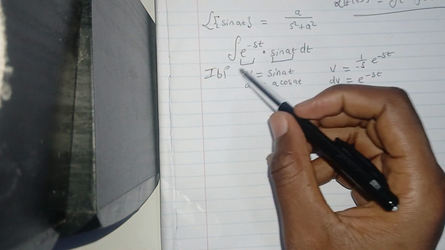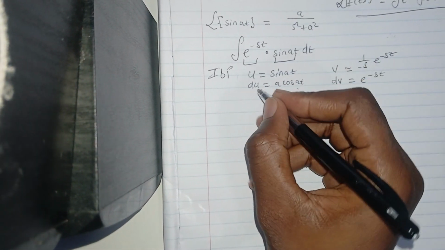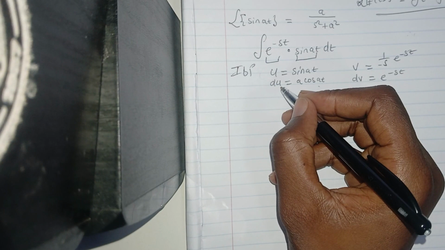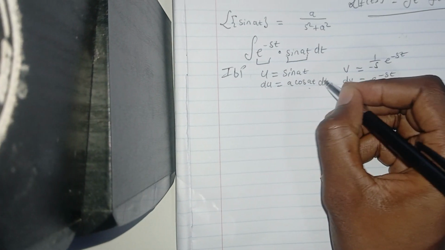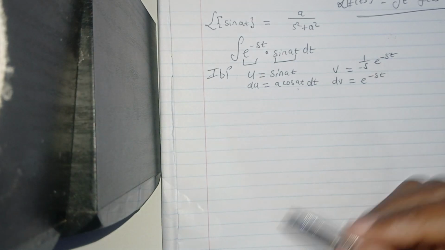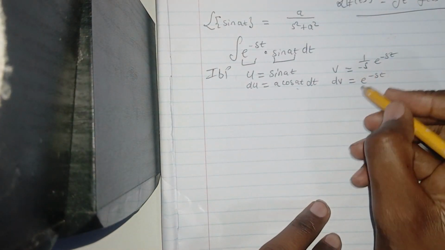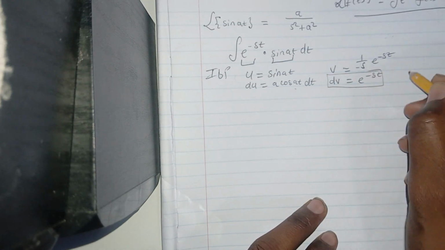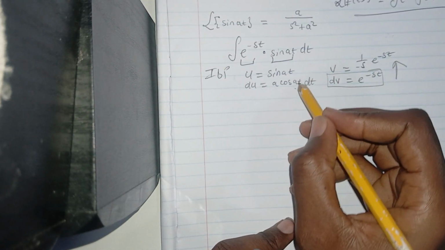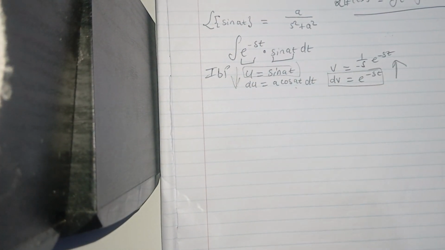So that means here we derive, then we get the answer, and that means here it was du over dt, so we can just write dt on this side. Here we integrate this, and here we derive, right? So now